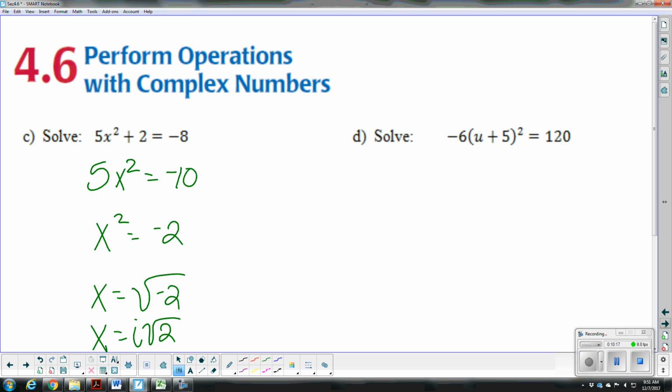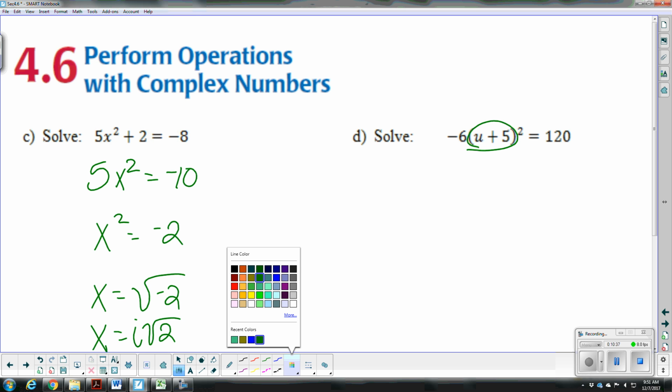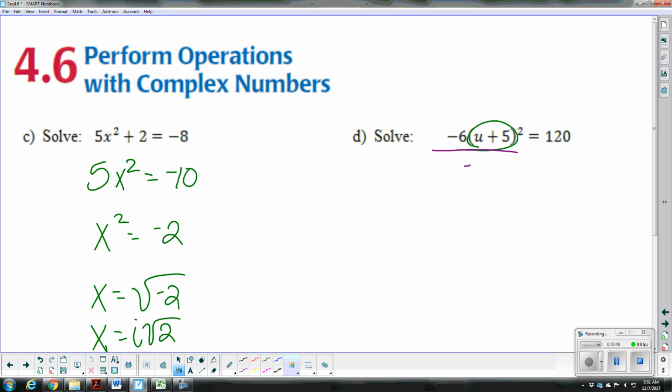All right, this last example is a little bit different. So if you remember from 4.5, when we're isolating our x squared term, we do not want to FOIL if we have a variable plus constant. We don't want to FOIL that out because in order to solve with square roots, we cannot have a linear term. And if we FOIL this out, we'll get a linear term. So we want to leave u plus 5. That is going to be our squared term. So we're going to divide both sides by -6. So we get u plus 5 squared